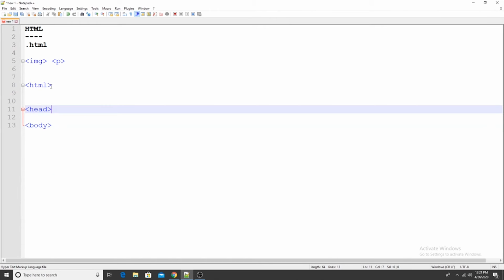So what is a head tag? All the things which are within these types of braces are called a tag. This thing alone is called the head tag. If it is separate, without head, you see the text color just got changed. It is said to be a tag. Now that you know how to define a tag, we'll see what kind of information is stored in it. In the head tag, we will store all the information regarding the configuration.